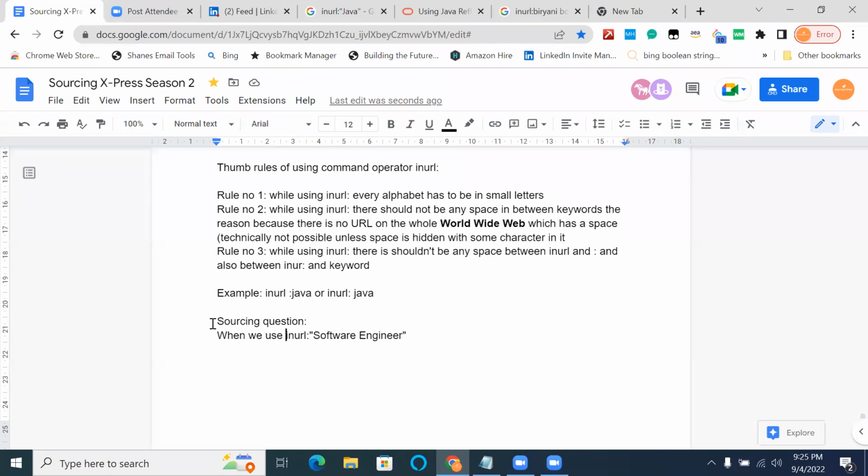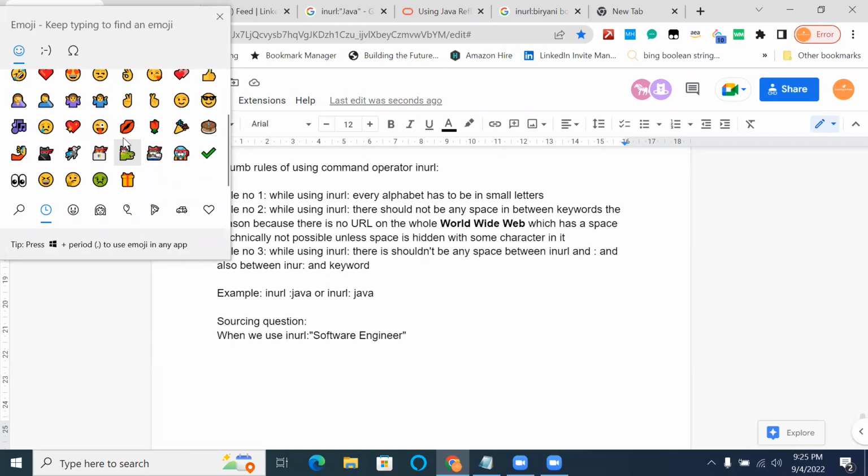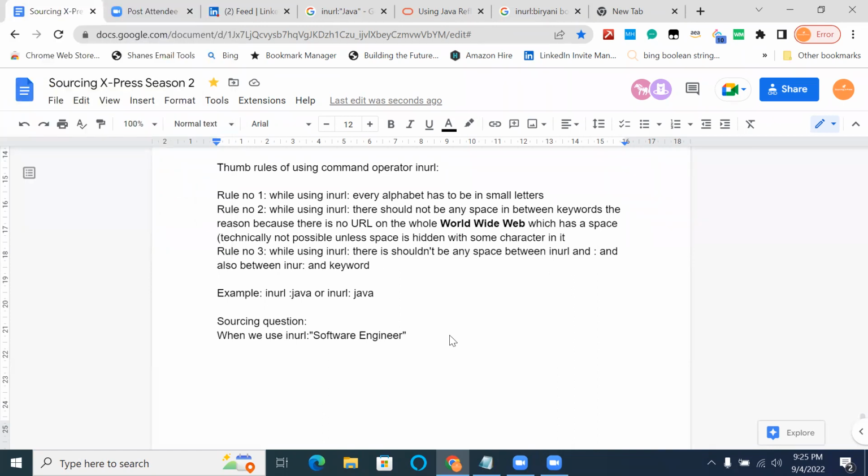And what would be the result if we write inurl colon software engineer without double quotes? I'll tell you, that also will be covered. Let's keep this as today's sourcing test. As I mentioned, don't experiment with it, but pick from the drop-down answers.